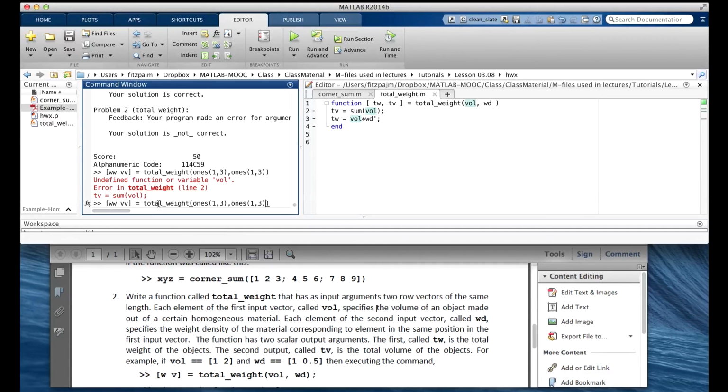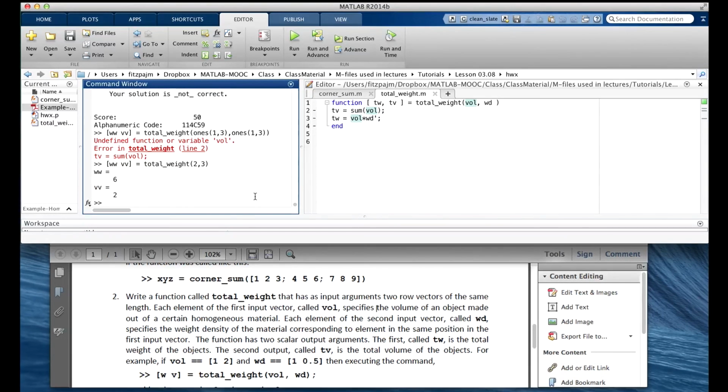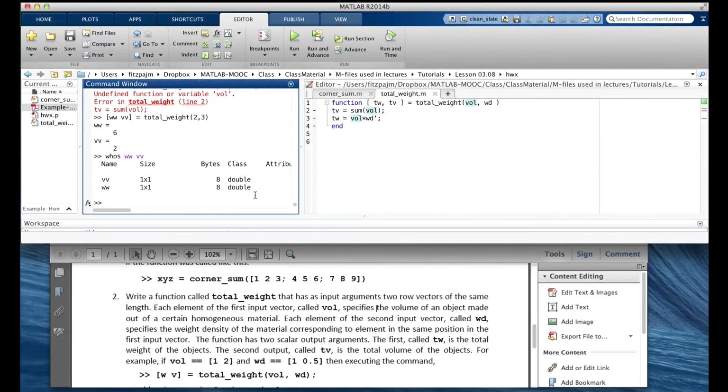Let's do one differently here. Let's do this. Okay, there's the output. Now let's run whos on these. This shows the size of the variables and the types and stuff like that. That might be handy for somebody you're trying to explain this to.